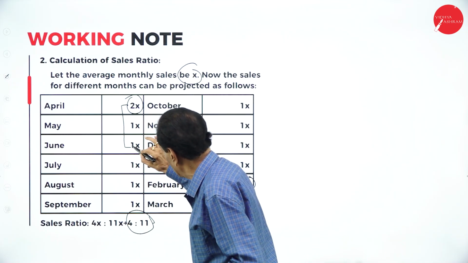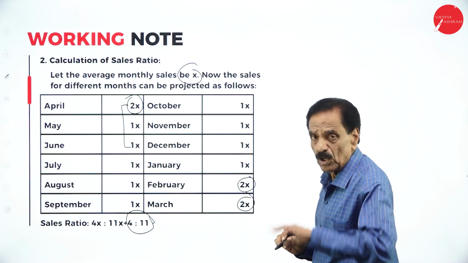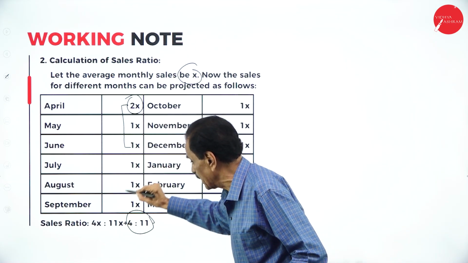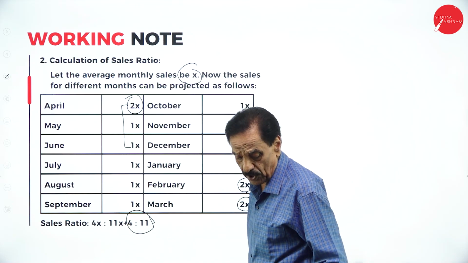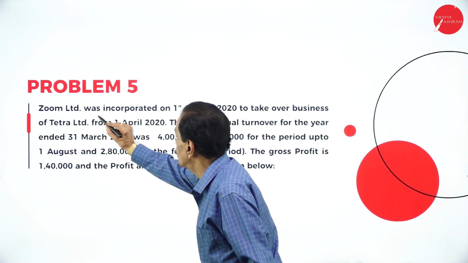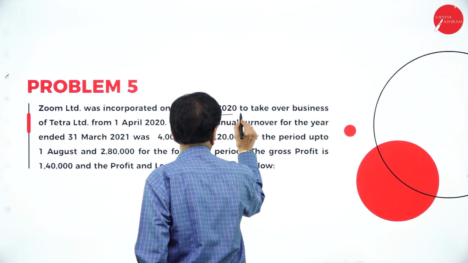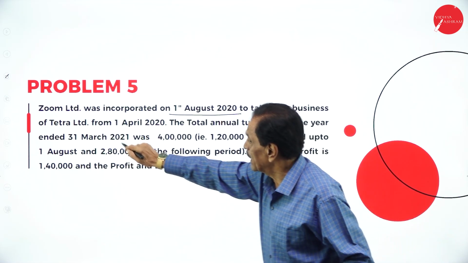This is your pre-incorporation period. It is called post-incorporation period. Totally 15 is there. First 3 is called pre-incorporation, 4x. Then 11x is there, in the ratio 4 is to 11. Hope you understand. Zoom Limited was incorporated on 1st August 2020 to take over the business of Tetra Limited from